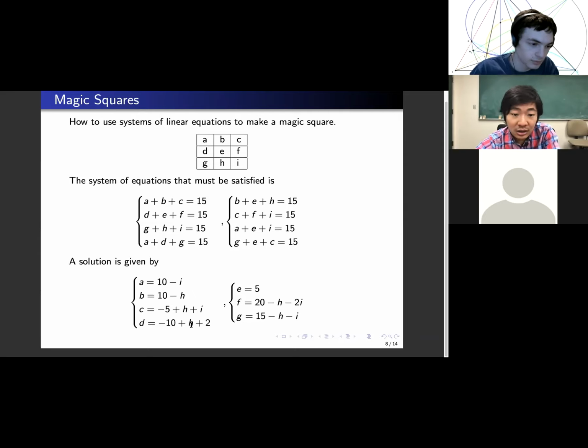H here should be bigger than 8. And a couple, I mean, you can kind of make up your own here. So H plus I should be less than 15. And so that kind of limits how many choices you have. And so to get the magic square that I got,